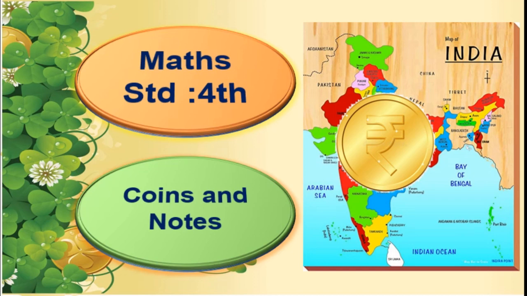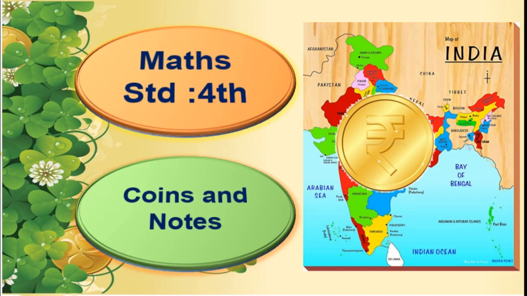We denote rupee in this symbol. You can see here, it is like a Marathi alphabet, that is R. You know Marathi alphabets, isn't it? It looks like R, but one extra horizontal line is drawn on that, which is parallel to the above line. Students, you can use this wherever you want to write rupees.